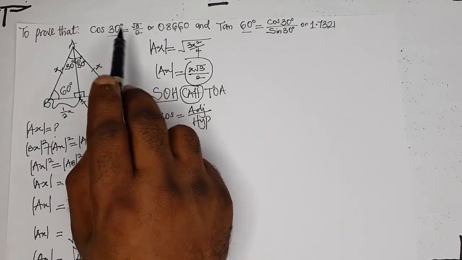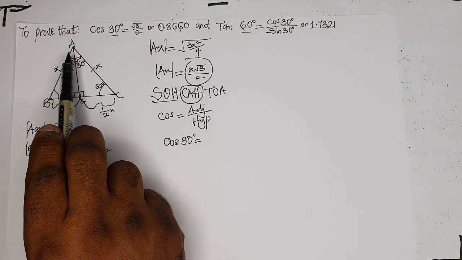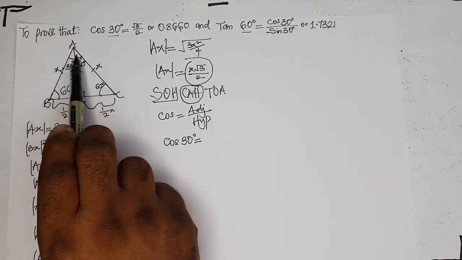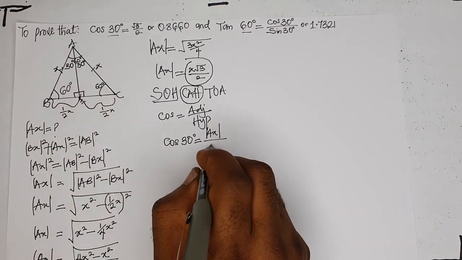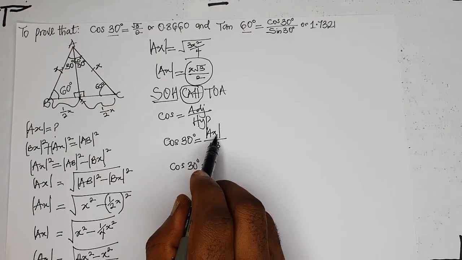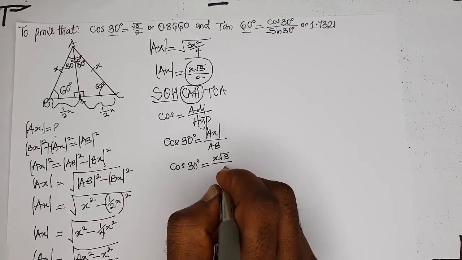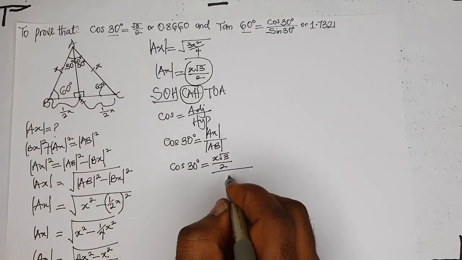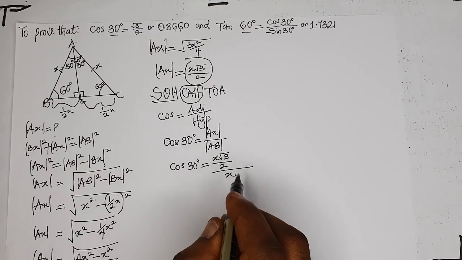So since cos 30 is our focus this time, it's going to be cos 30. Now look at the triangle we're working with. Since we're working with triangle ABX, our 30 stands as A. So cos 30 will be adjacent. What's the measurement of our adjacent? That is the AX part that we just dealt with right now. So it's going to be AX all over our hypotenuse, which is AB. We are going to substitute into this expression right now. Now AX has already been found above to be x root 3 all over 2 divided by AB. What's the measurement for AB? AB measures just x. So if we simplify this further by dividing both the numerator and the denominator by x,